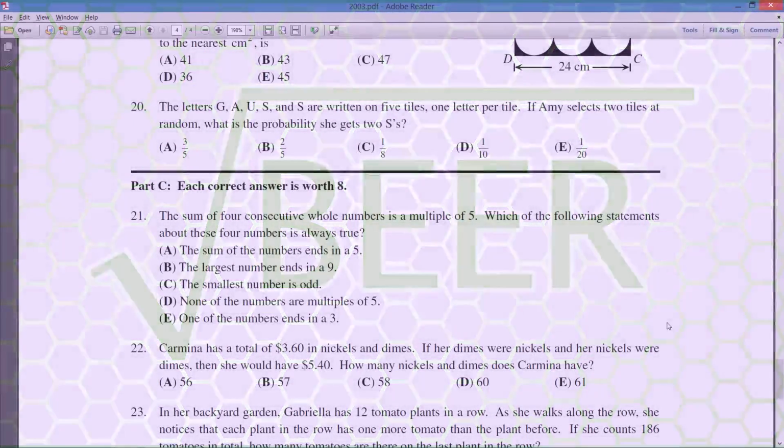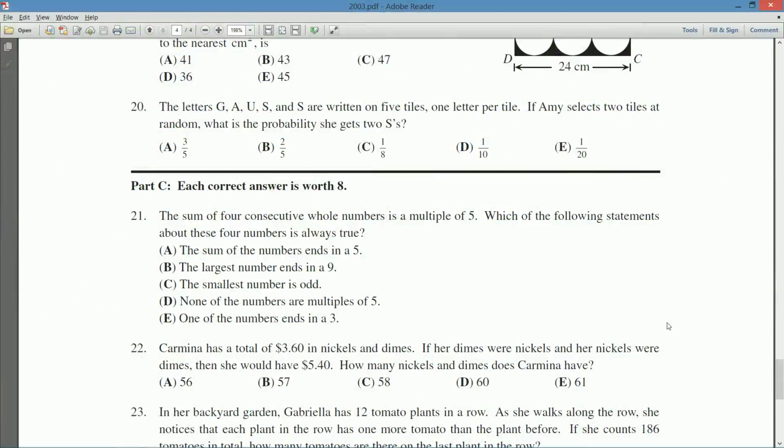We're on question number 20 from the 2003 Grade 8 Gauss competition. So question 20 says, the letters G-A-U-S-S, Gauss, are written on 5 tiles, 1 letter per tile. If Amy selects 2 tiles at random, what is the probability that she gets 2 S's? Okay,